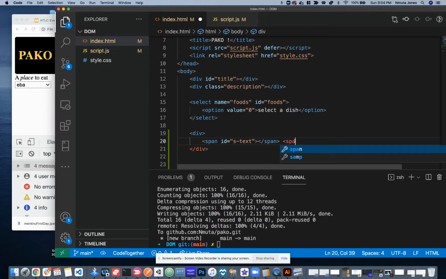And then we'll make another span here with an ID equals S value. We're just making these short names here. Although, you know, there's a rule in programming that you should always have descriptive variable names. So we'll make it a little longer so it's more descriptive. S stands for selected. Or we could say user text,